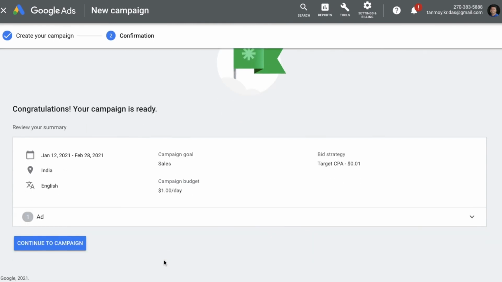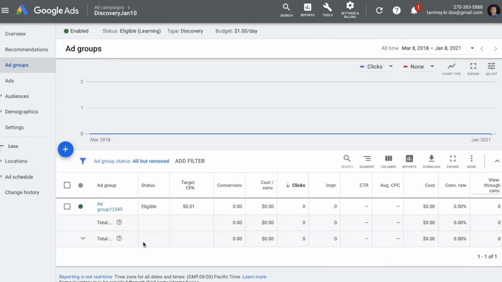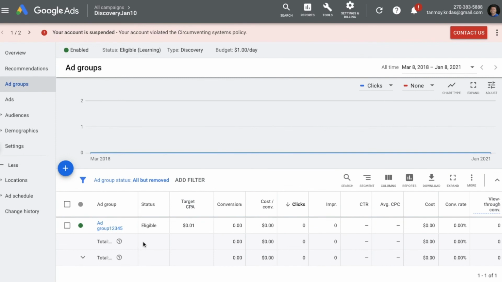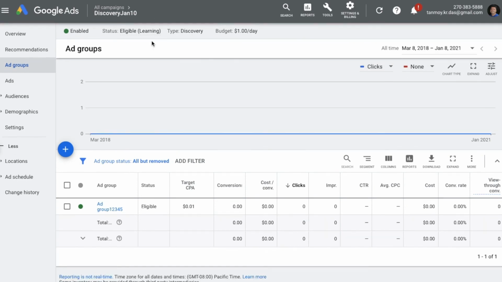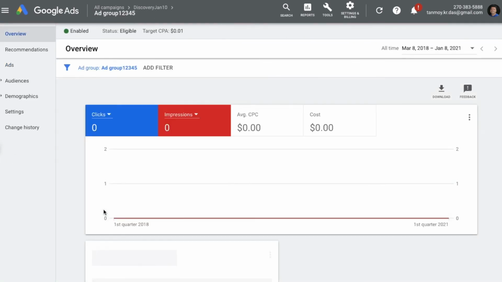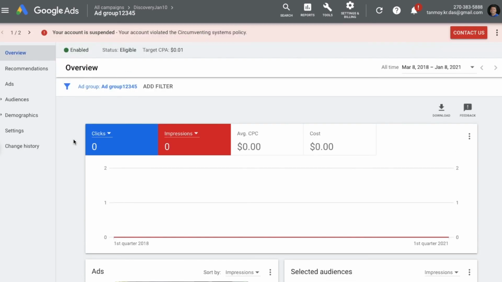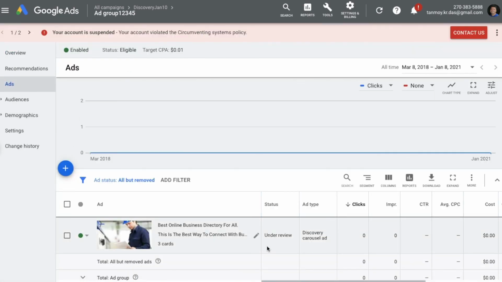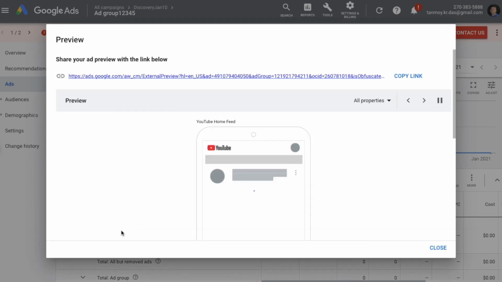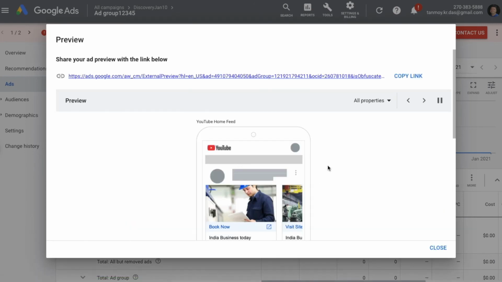Now, as you can see, the campaign is ready. And now you can see this is how a discovery campaign will look like. And also this is the ad group which we have created. On the left panel you will find ads where you can see the ad and you can see the preview. It says it has gone under review. If you click on the ad, you will be able to see the preview of the ad,